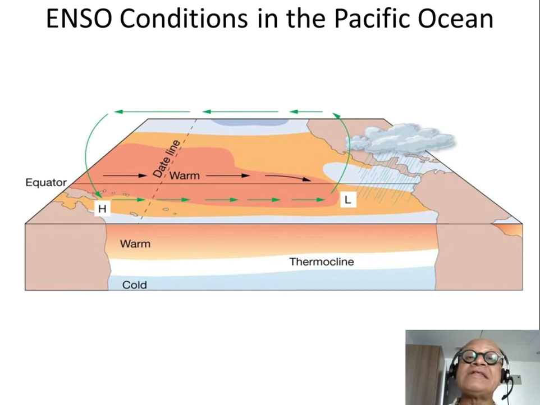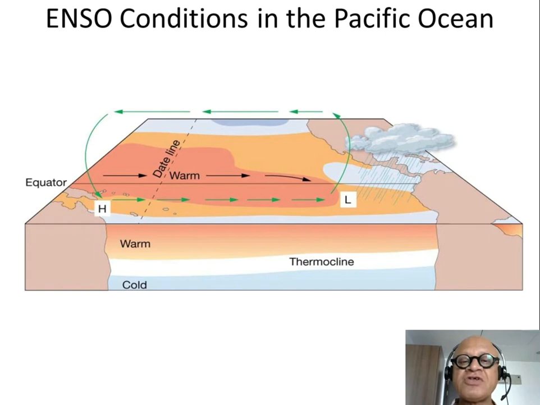Only in the 1960s when Jakob Bjerknes came along and showed that there was this ocean-atmosphere feedback between winds, upwelling, thermocline, temperatures, warm pool, convection, and so on, did people realize the two are actually the same thing. And then it became El Niño Southern Oscillation, or ENSO.